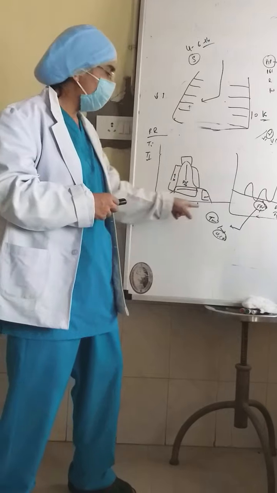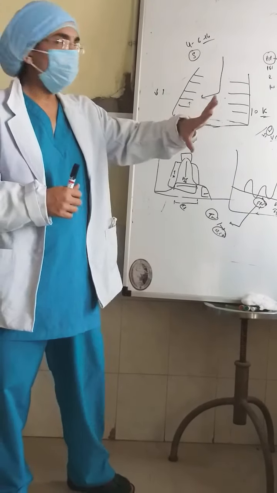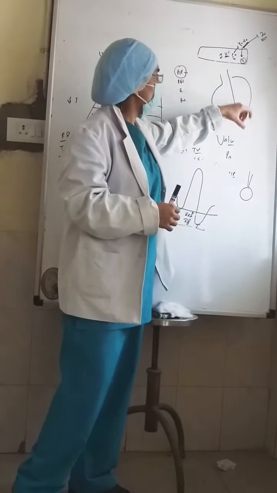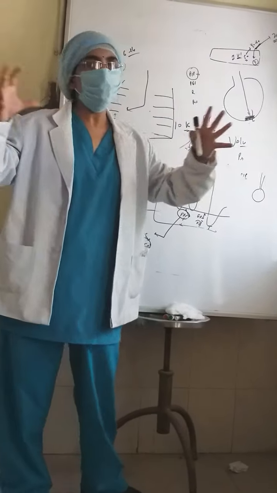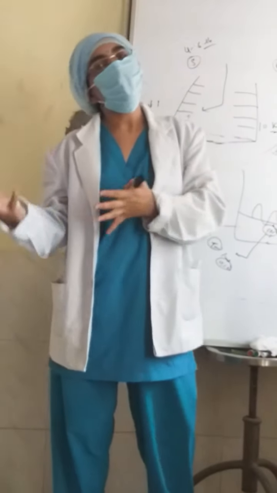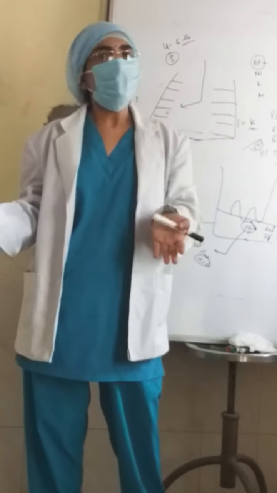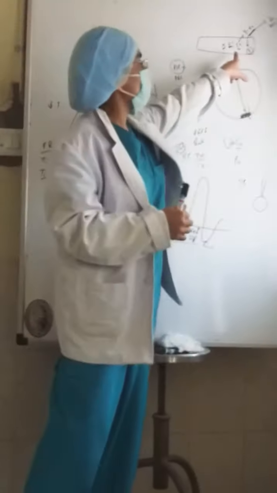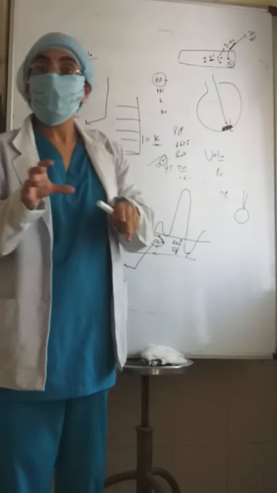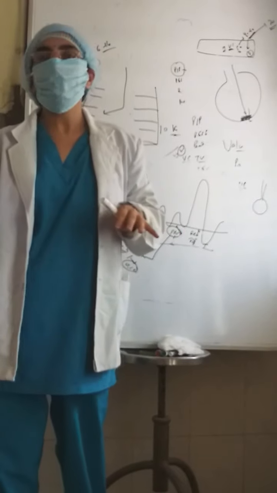By increasing the area under this curve. Okay, and why overall does it improve? Because PEEP is something, PIP, P plateau, however much you increase, but at the time of expiration, no gas is left if you have not changed the PEEP. Again the alveoli are collapsing. So during expiration, again there will be hypoxemia. So that is why oxygenation is not going to improve unless you work on both the measures. You have to work on inspiratory measures, you have to work on expiratory measures.